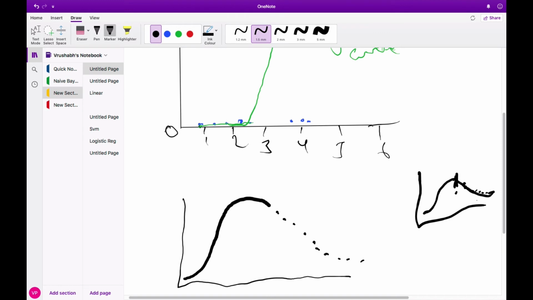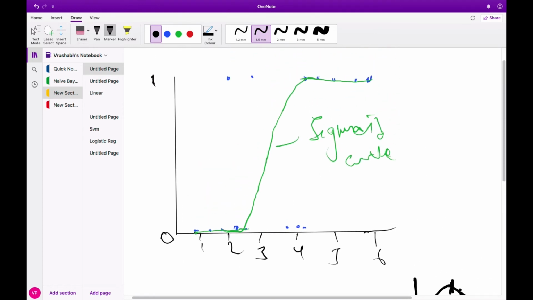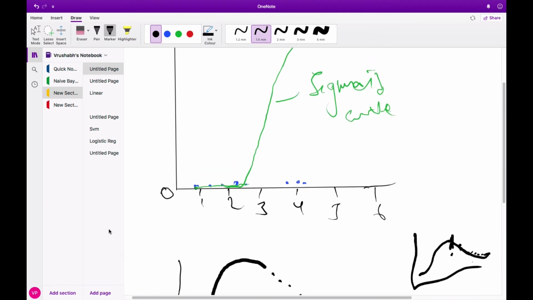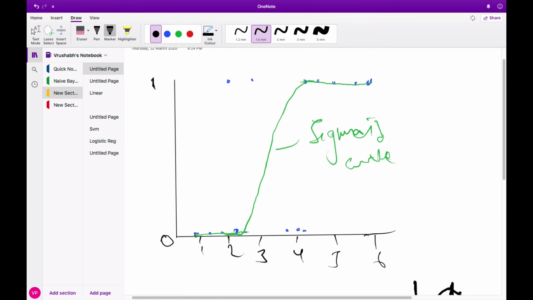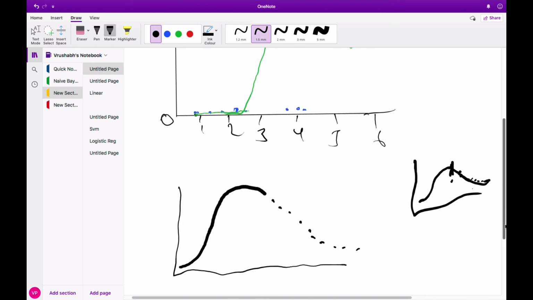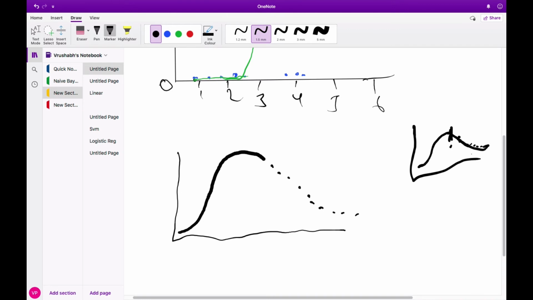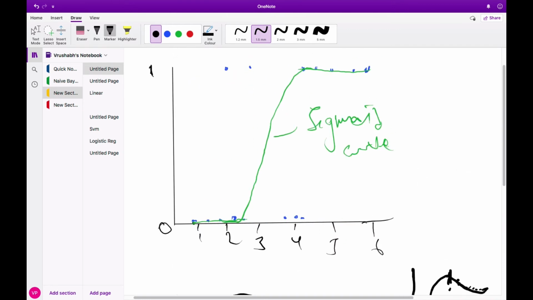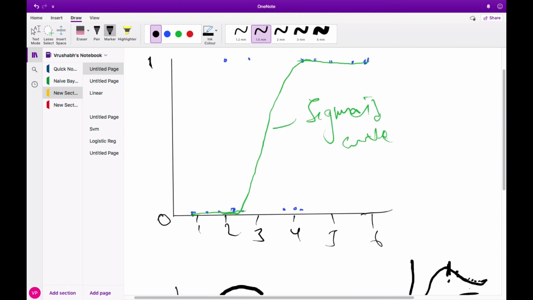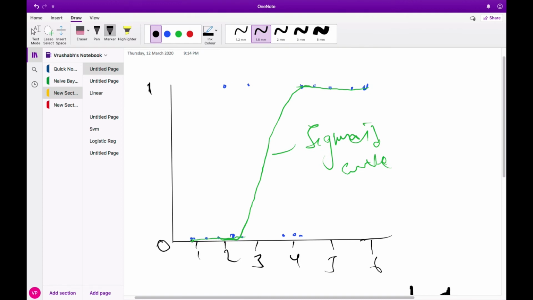Now, what is actually happening here is that if we take the normal distribution, we can use it to plot this sigmoid curve that we have over here. Think of the sigmoid curve as more like this, going that way. If we come down like that, it's going to look like the sigmoid curve. It's going to look like the normal distribution if we go this way. But this one looks more like half of